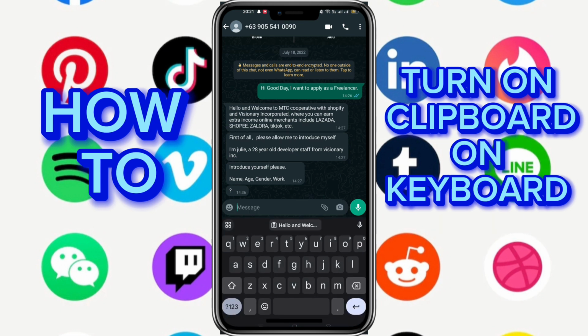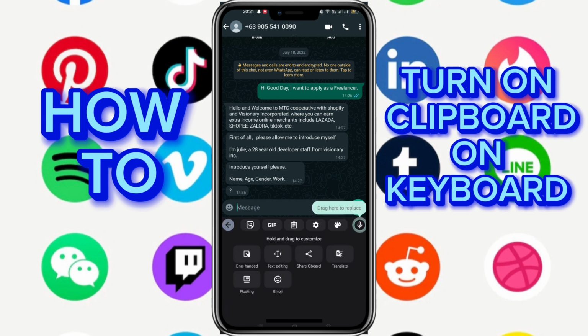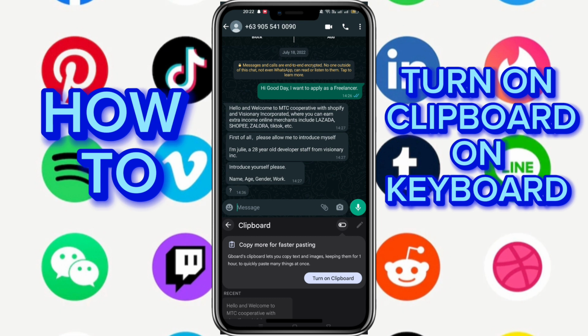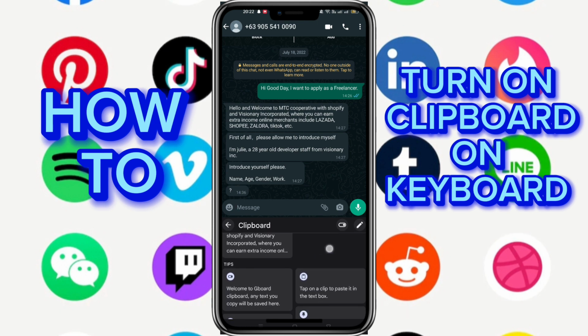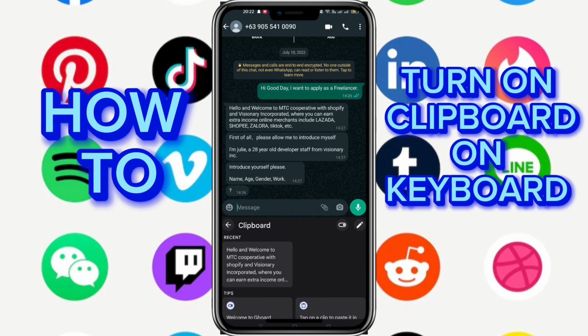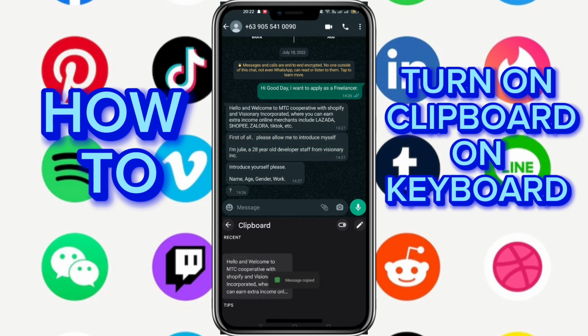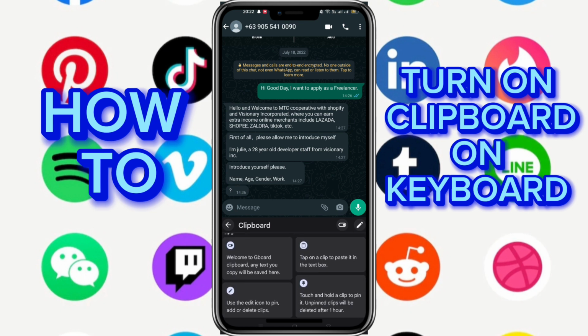So just click on this icon here, this one, the box like, and then go in this one, click on that, and then you'll see a turn on clipboard here. So just turn it on and you will see all the text that you copied. You can easily remove it here, or you can also add another text. It will be automatically added here, all the text that you will be copying. So that's how easy to